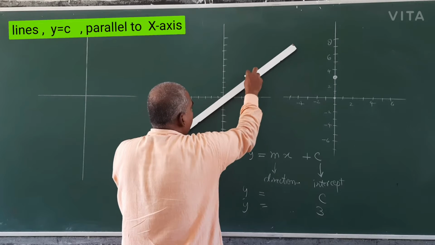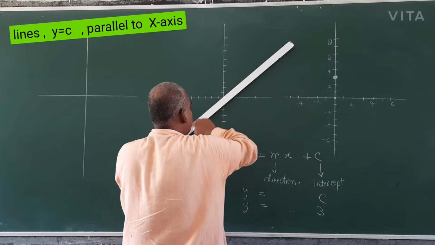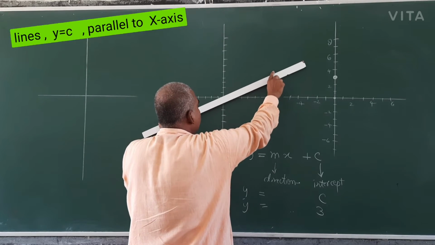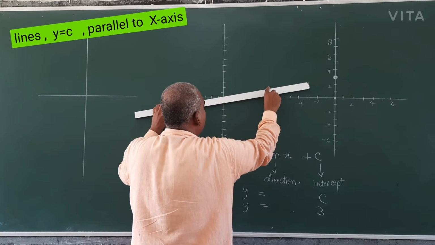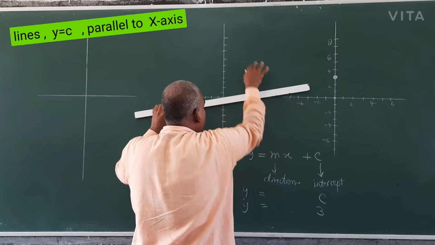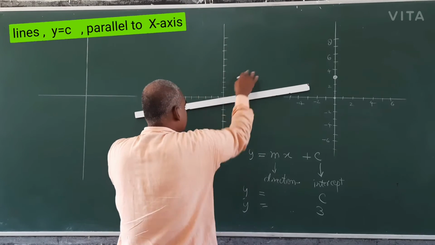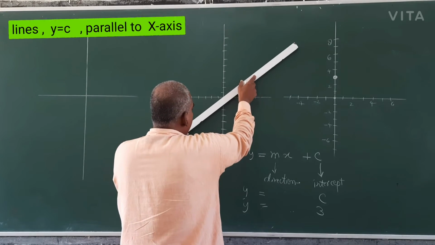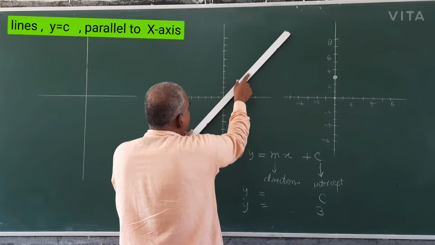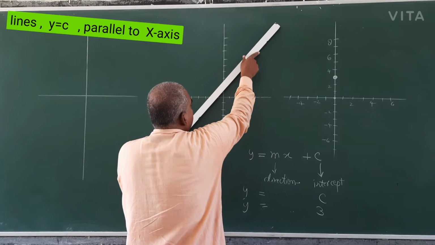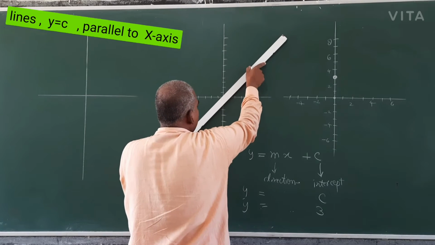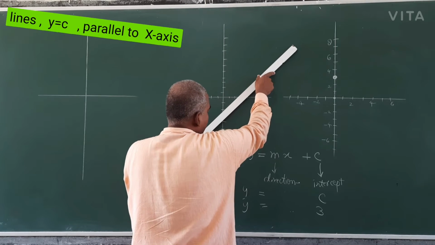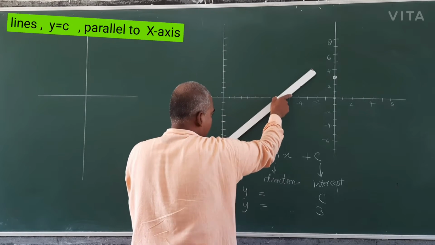M equals 1, y is equal to x. Y is equal to x upon 2, somewhat half. Y is equal to x upon 3, y is equal to x upon 4, all the values will be here and here, first and third quadrant. The line may shift. Shift means the line may be y is equal to x, y is equal to x plus 1, y is equal to x plus 3, y is equal to x plus 4, like this. Y is equal to x minus 1, x minus 2, like this.